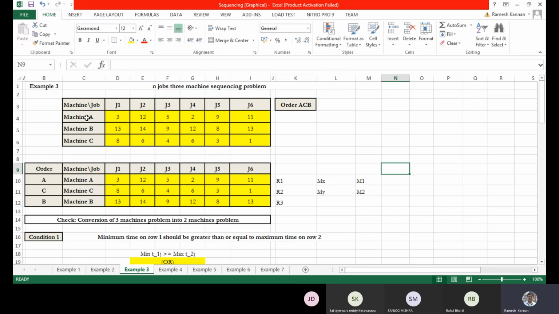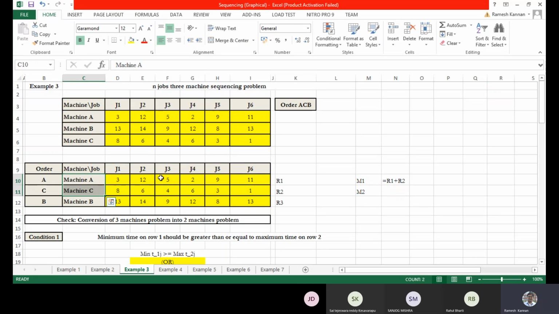Since we use letters for naming the machines, it is fine to give the equivalent terms for machine 1 and machine 2. Machine 1 is nothing but row 1 plus row 2, so machine A plus machine C.